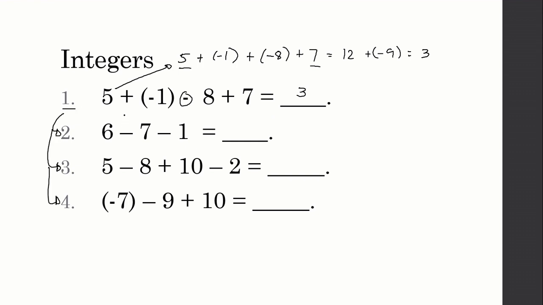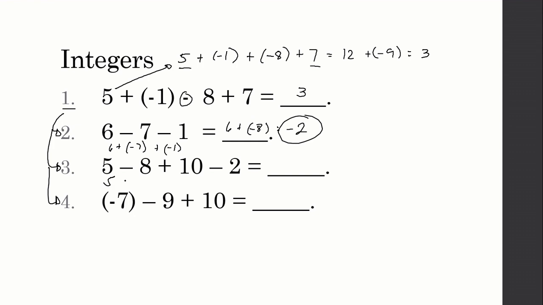Okay, so we can change this one as 6 plus -7 plus -1. So it will become 6 plus -8, or -2. For number 3,